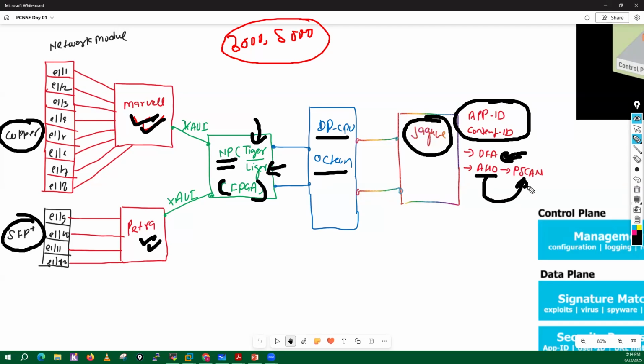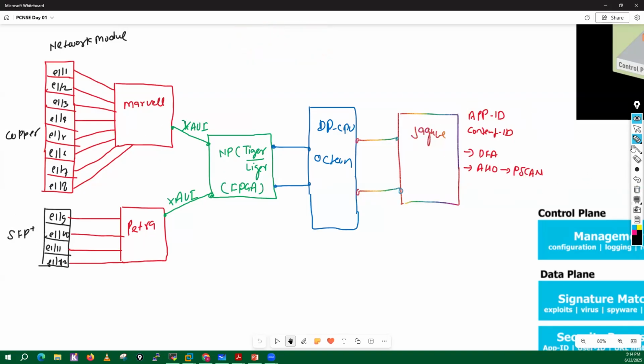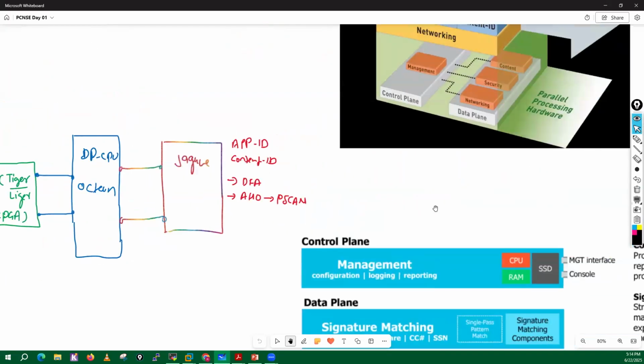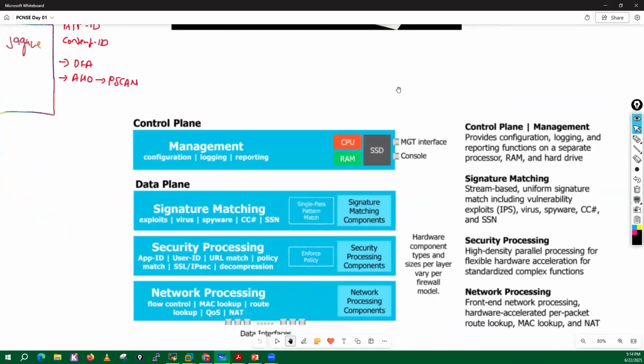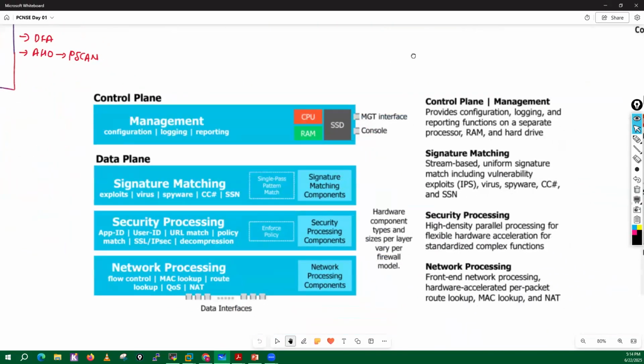Nowadays, it's a PSCAN algorithm, which will perform both of those tasks. Now, that is the data path for the old diagram. I'll just come here. Now you can see in this diagram, as I have mentioned,